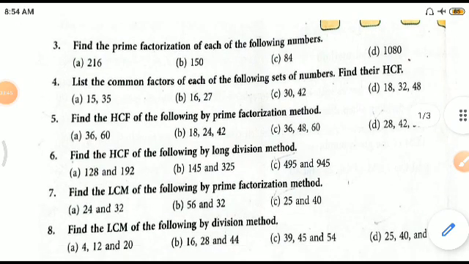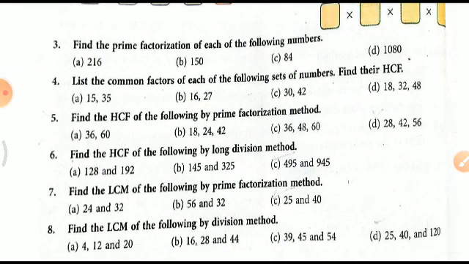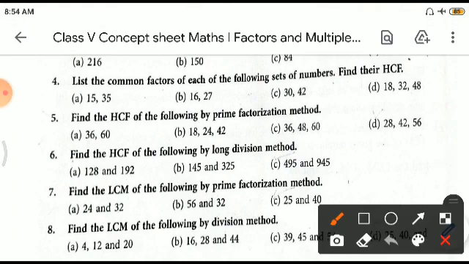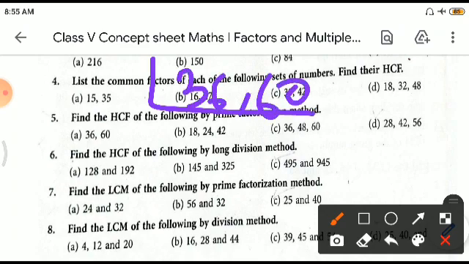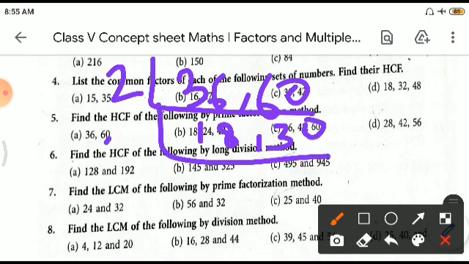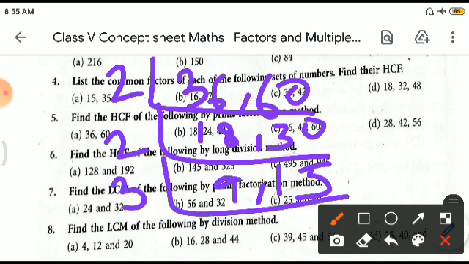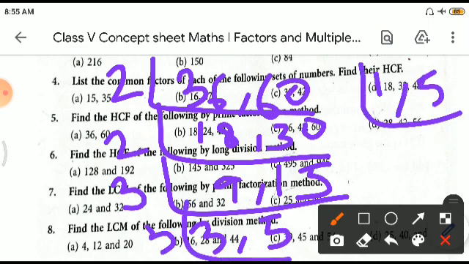Find the highest common factor. See the fifth one, HCF. Let us see 36 and 60. So how to do this? You all know the techniques. Write 36 here, write 60 here. So let us see 2. We get 18, and 2 30s are again 2. We get 9 and 15. Again by 3 we get 3 and 5. Now further by 3 if we divide we get 1 and 5, and then with 5 if we divide we get 1 and 1.